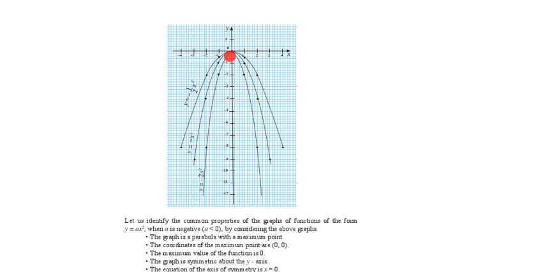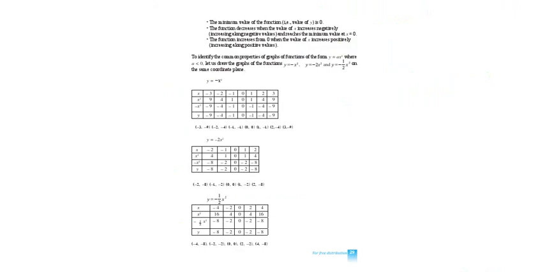This is the turning point, right? You know, this is the turning point. So in all the graphs, you must have observed the turning point in all of them is what? 0, 0. This coordinate is called 0, 0, right? So in these graphs and even in the other 3 graphs here,